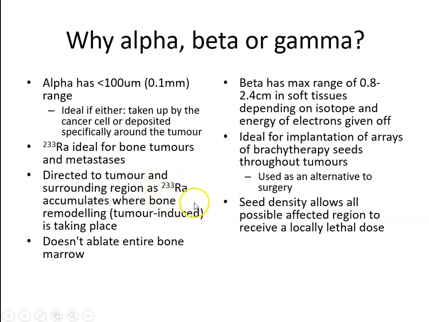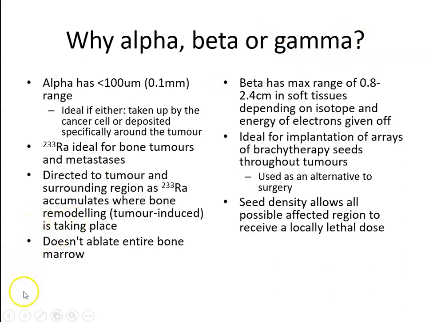So you want that bone seeking radiopharmaceutical, or you want something like yttrium attached to an antibody, so that antibody literally sits on the tumour cell, and that is required because it's so short acting. Beta emission has got a maximum range of 1 to 3 centimeters in soft tissues, depends on the isotope and the energy of the electrons given off, but that's ideal for implanting into somewhere like the prostate or doing the plaque brachytherapy. And what we're going to do is move on to gamma, because gamma is very different in that